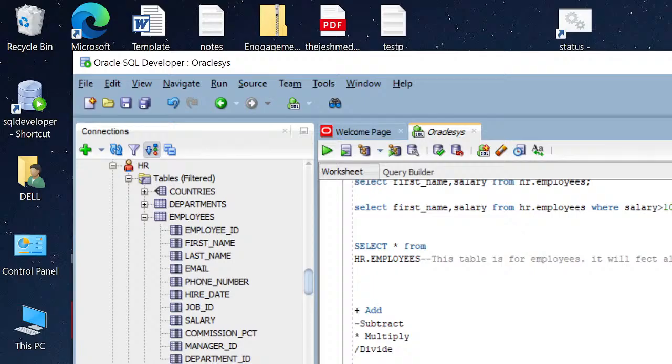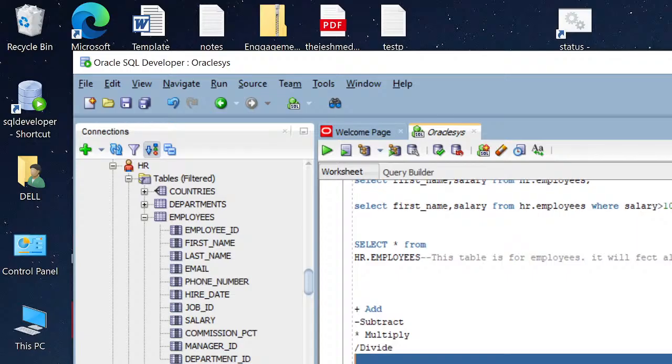Select first name, last name, comma salary plus 1000. So we are doing the arithmetic operation from employees. So dot employees. When you run it,